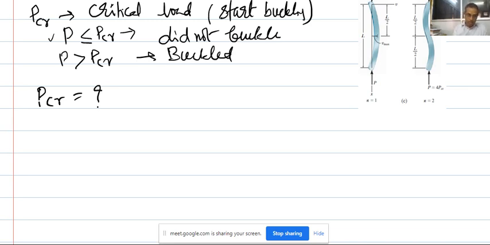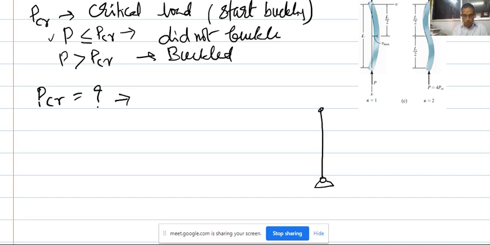So, apply a load, this is almost a critical load, that means the load which is the capacity the member has, and I want to apply a load P. So, I can always be careful. Let us take this particular example. I have a column, right, a column with both ends hinged,